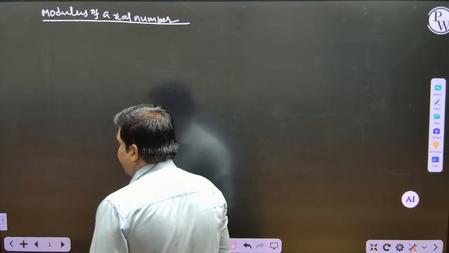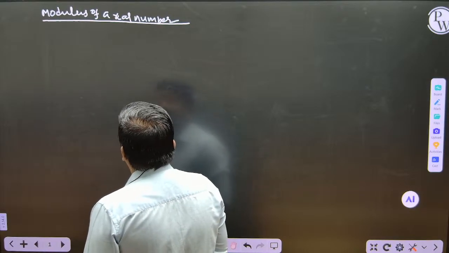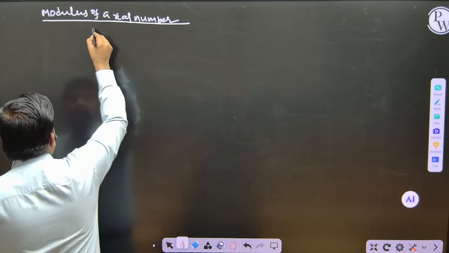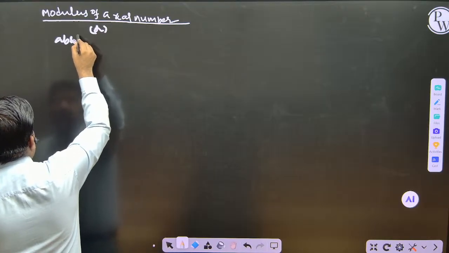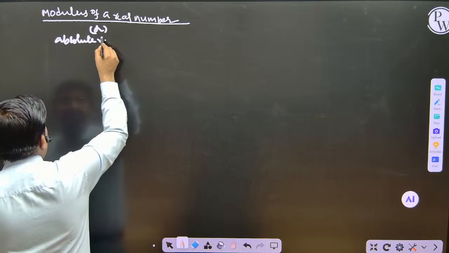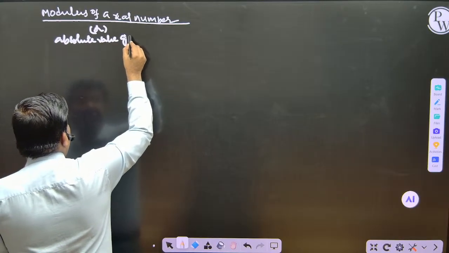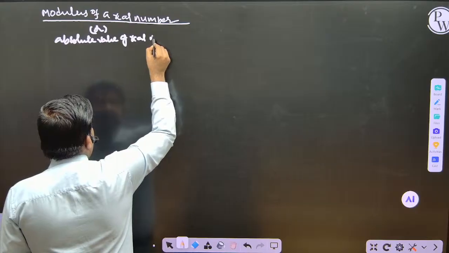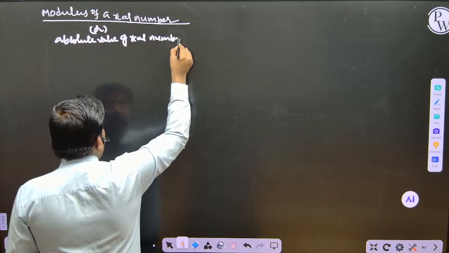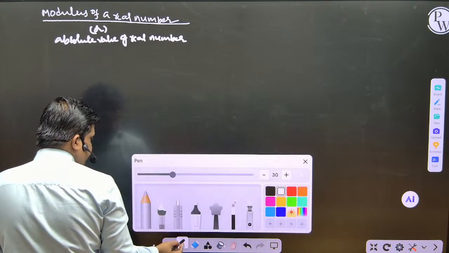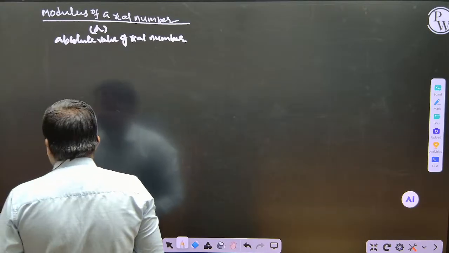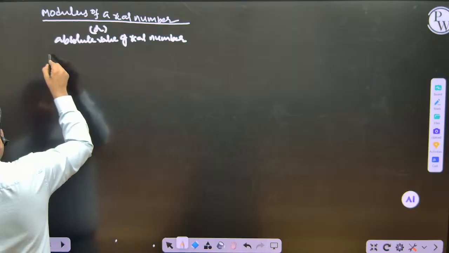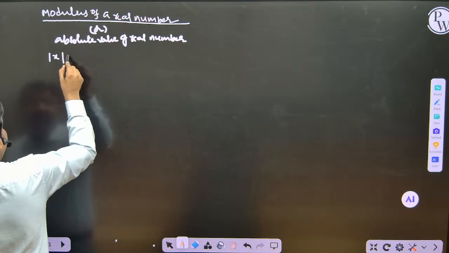Modulus of a real number, or absolute value of the real number. See, what is the modulus of the real number? Modulus of x is defined as